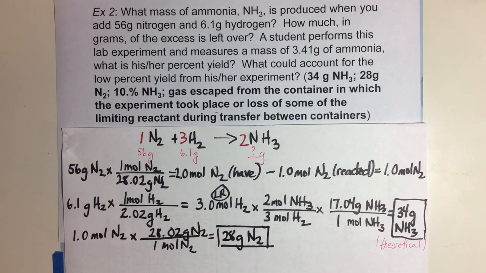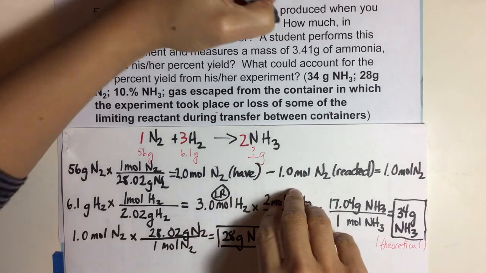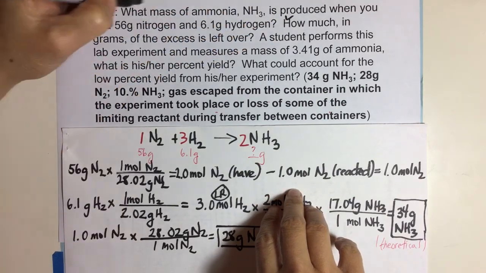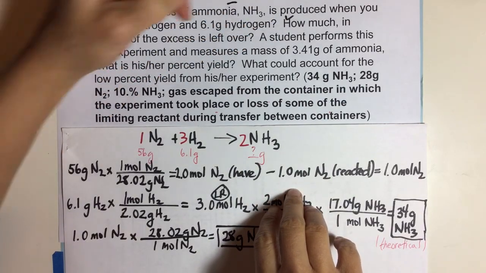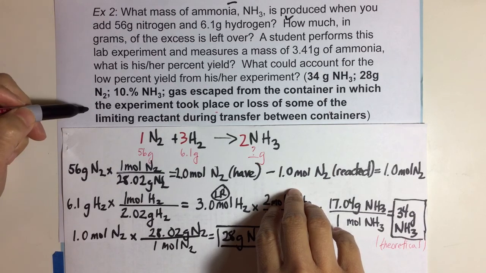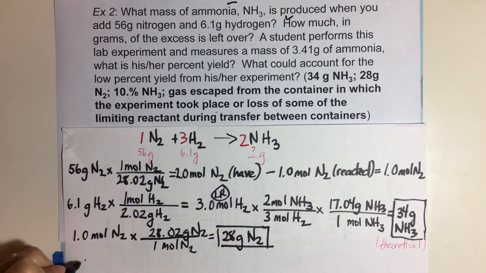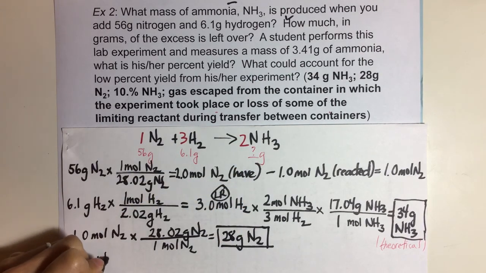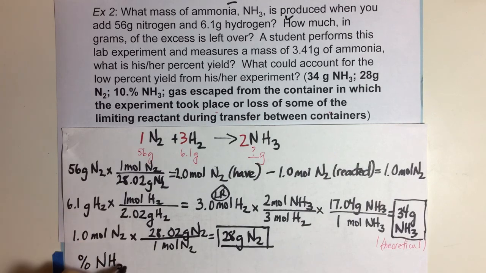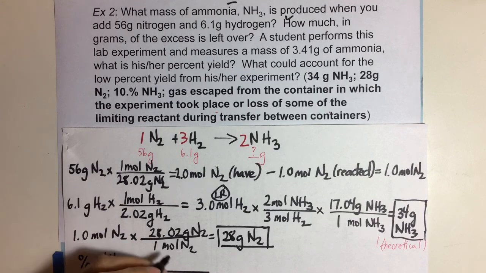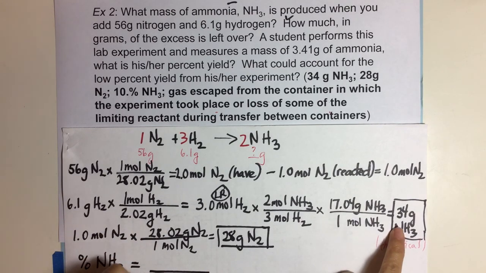Now we're done with how much excess, how much mass of ammonia, done with that. And then we're now ready to do your yield. Percent yield of your driving force. Your driving force is ammonia. So percent yield of that would be equal to, you take your theoretical, which is on the bottom here. You should have 34 grams of ammonia. And then you take your